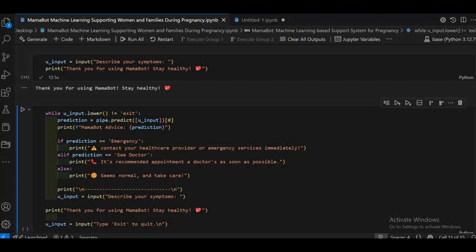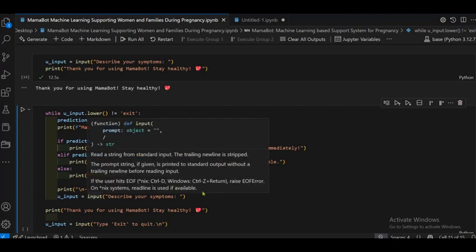Again, if the prediction equals emergency, if someone typed emergency, it prints contact the health provider or emergency service immediately. Then else if the prediction equals see doctor, it prints recommend an appointment with the doctor as soon as possible, else print seems normal and take care.